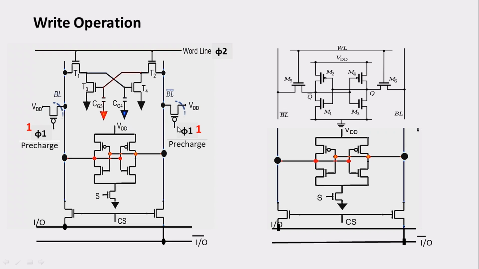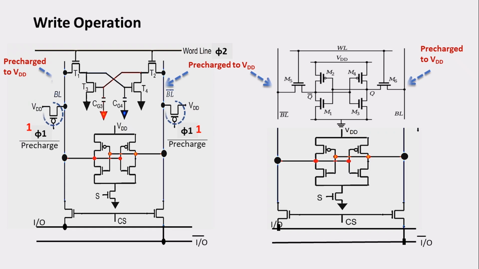They are going to be turned on. So the bus lines that we are having will be pre-charged to VDD. Both the bus and the bus bar, here you can observe this is the bus line, and this is going to be an inverted line, the bus bar. Here also you can observe this is the bus, and this is the bus bar. So all are pre-charged to VDD now.